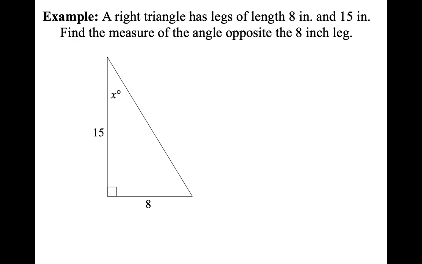And so which of the three trig ratios do we use? Well, we're given the opposite and the adjacent leg. So if we think of SOH-CAH-TOA, we want TOA. This is the tangent ratio. Tangent of an angle is equal to opposite over adjacent. Do I know the angle? No, I do not. But I do know opposite over adjacent. So we have tan of x degrees is equal to 8 over 15.